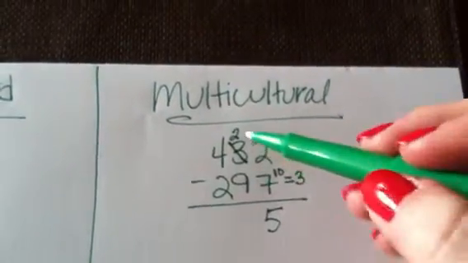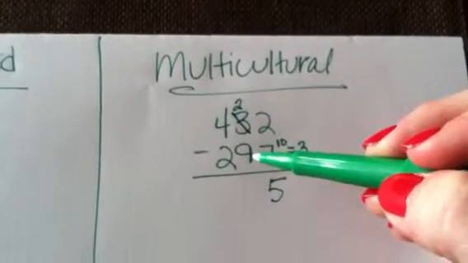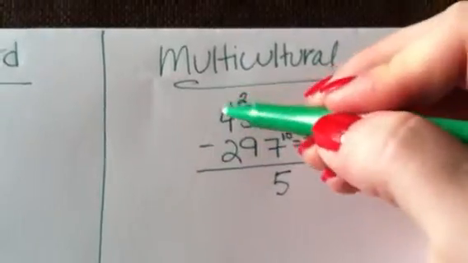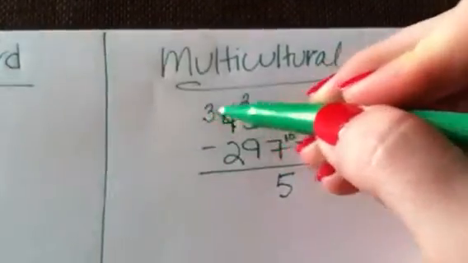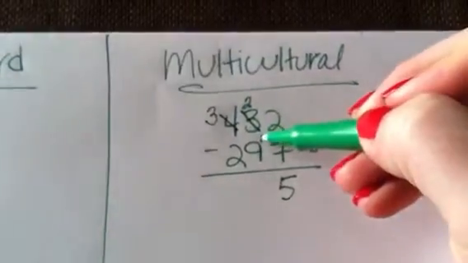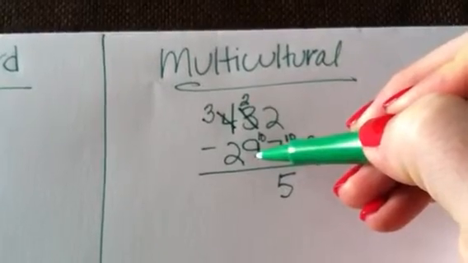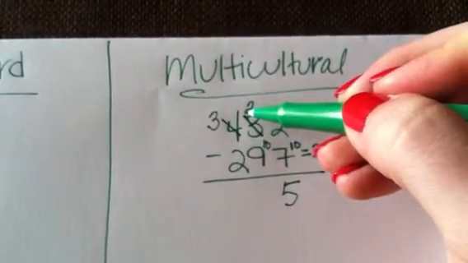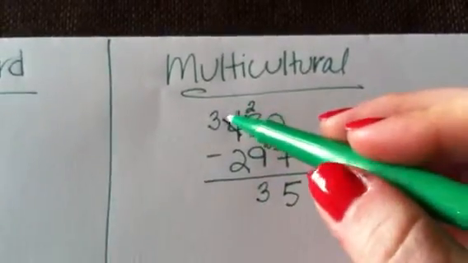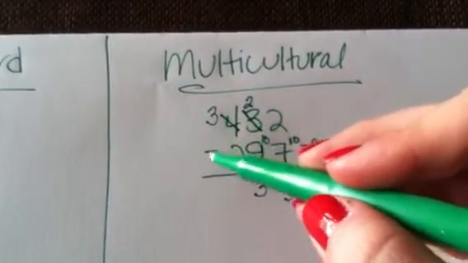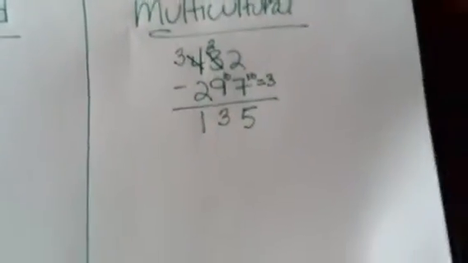Okay, and as you can see, we still can't subtract 2 minus 9. So we're going to follow the multicultural method again. We're going to borrow from the next place value, make that a 3, put our 10 down here. 10 minus 9 is 1, plus the 2 is 3. And then we subtract. 3 minus 2 is 1. And as you can see,